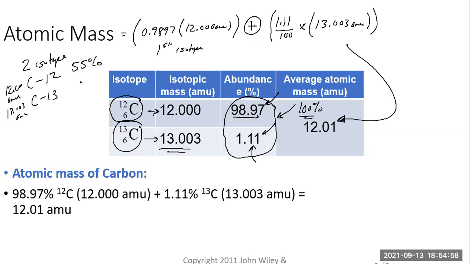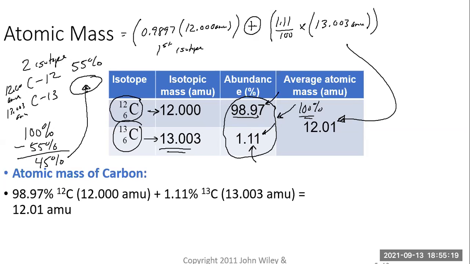And that's all they give you. They really didn't give you the percentage of the other one. But if you know that these are the only two isotopes present, 100% would be the total of everybody. So you could subtract 55% from that,